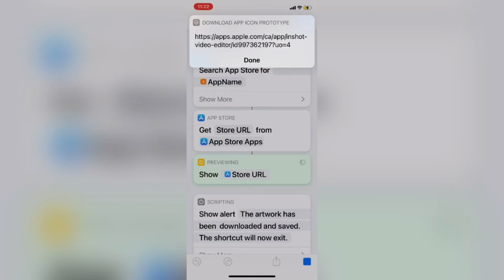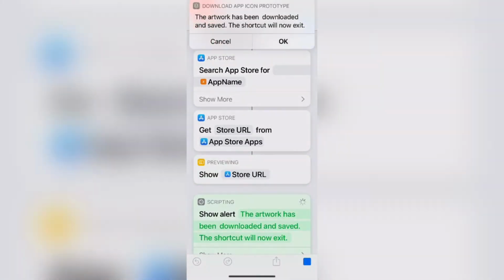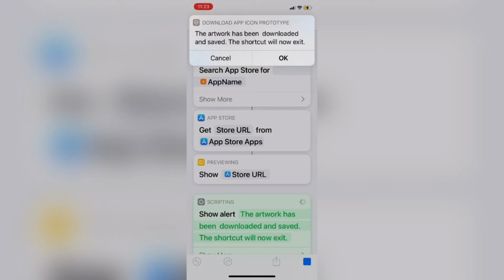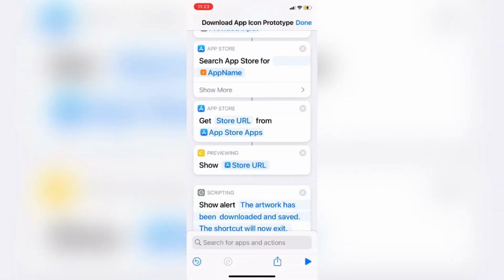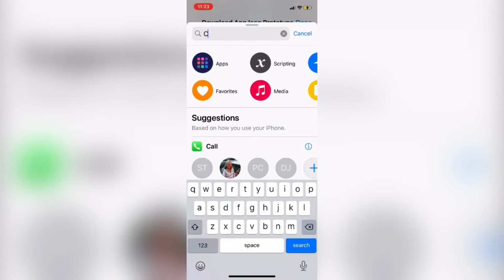This looks like text, but it's not. I can tap on Done, and then I get the message that says the shortcut is completed successfully. The URL looks like text, but it's not. So I'll tap on the plus sign once more,